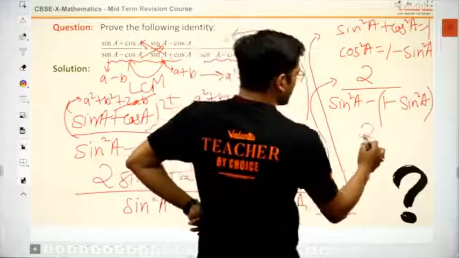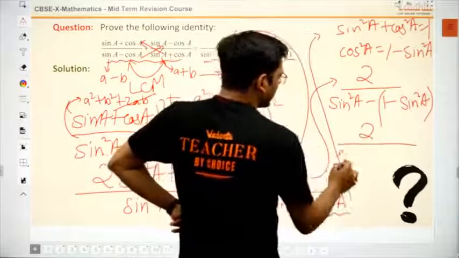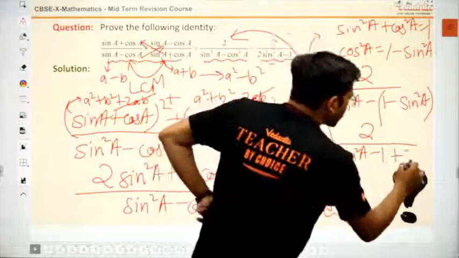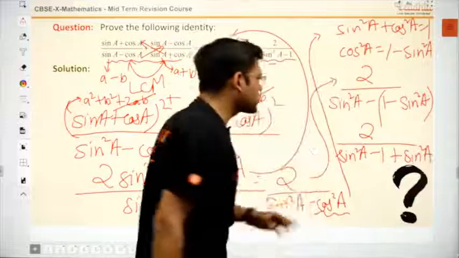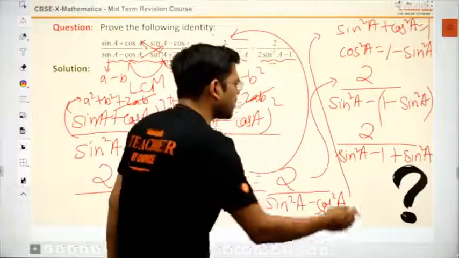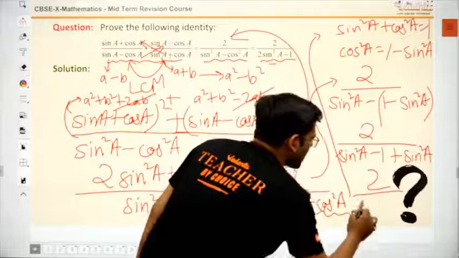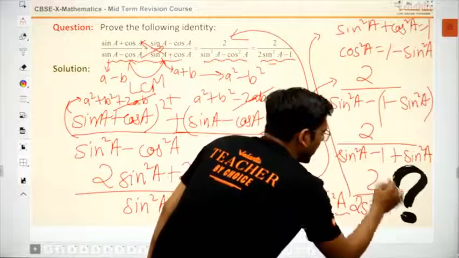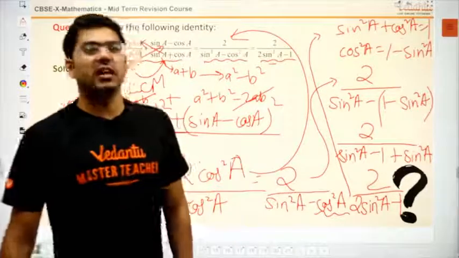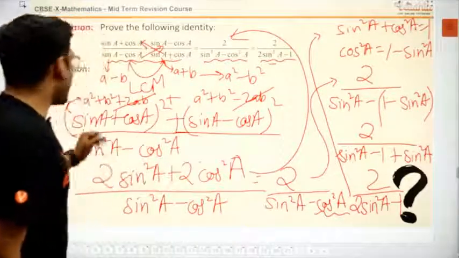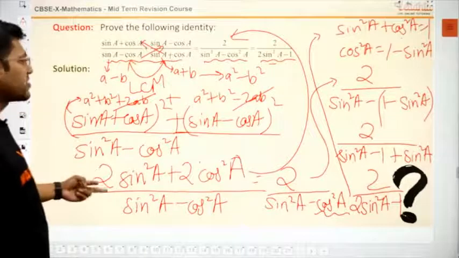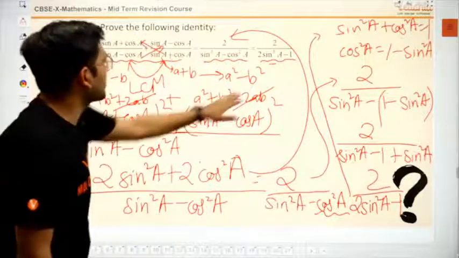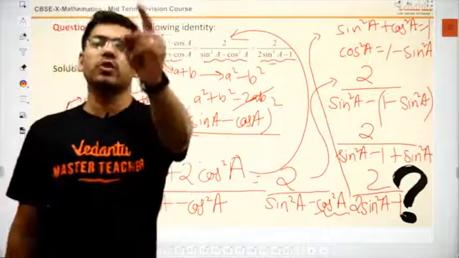Now, just solve it yaar. Sin square a minus 1, and minus plus. This is sin square a and sin square a, both will add up. What will it make? 2 upon sin square a plus sin square a, 2 times sin square a, and minus 1 will be minus 1. So easy, na? See, in one whole page, I have written first step, second step, third step. In 4 steps I got the whole question 2.